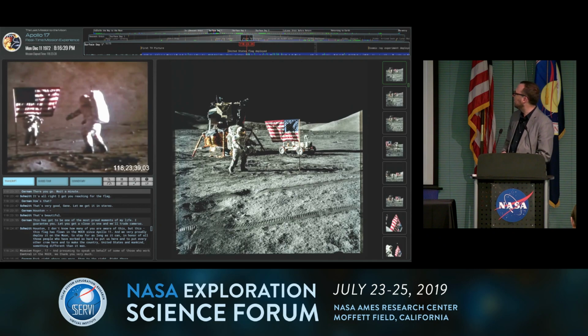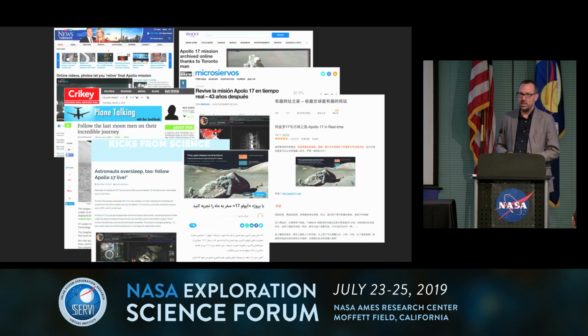If you click on a photo, you don't get the normal photo gallery. The whole thing shifts to the moment that photo is taken. It forces you to read about what the crew is saying at the moment that photo was taken. And the parts of the mission all complement each other and provide context to each other in an interesting new way. This was put online in 2016, and I'm pleased to say it was